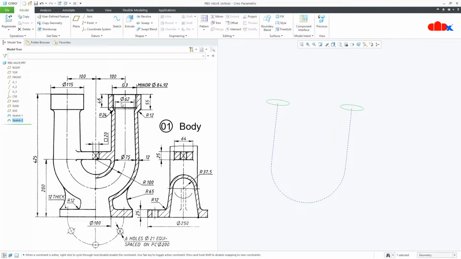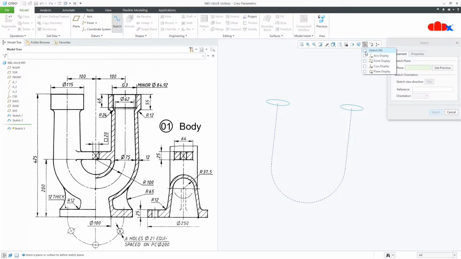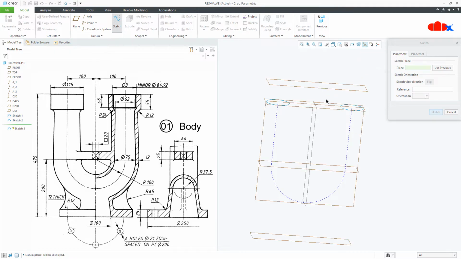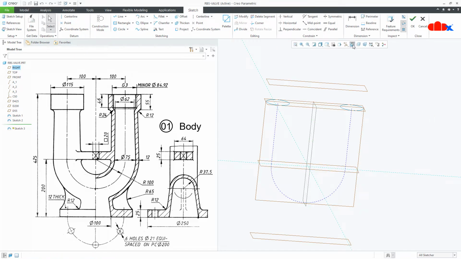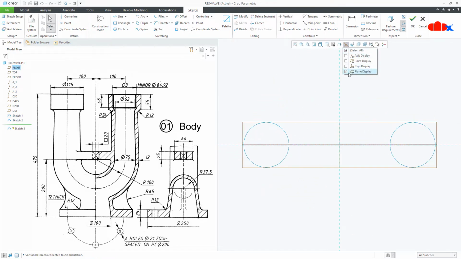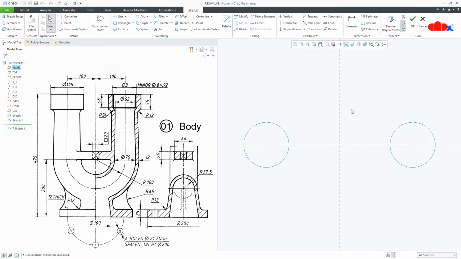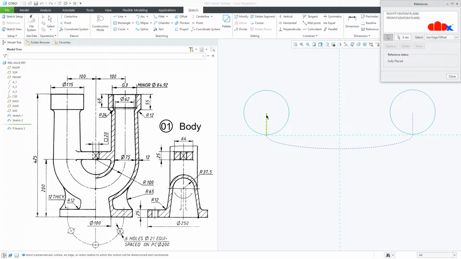So this is this dimension, this gap. Now one more time sketch. This time this datum plane, say sketch, normal, switch off the datum. Again go for reference, select this point and this point.